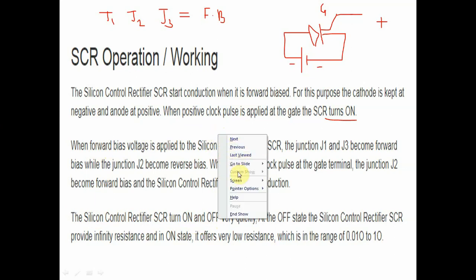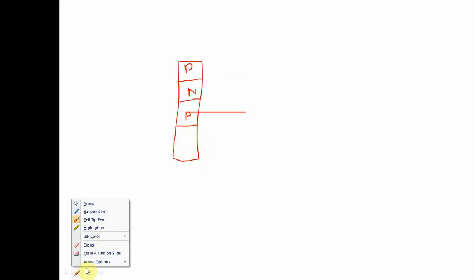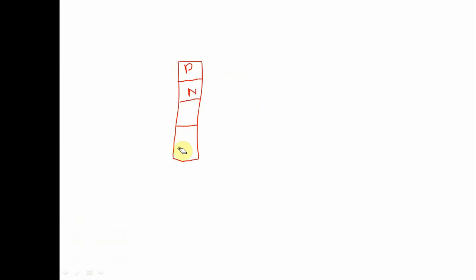See, the explanation of this working. This is the structure of SCR. This one is P, this one is N, again P and again N. Here the anode terminal is present.